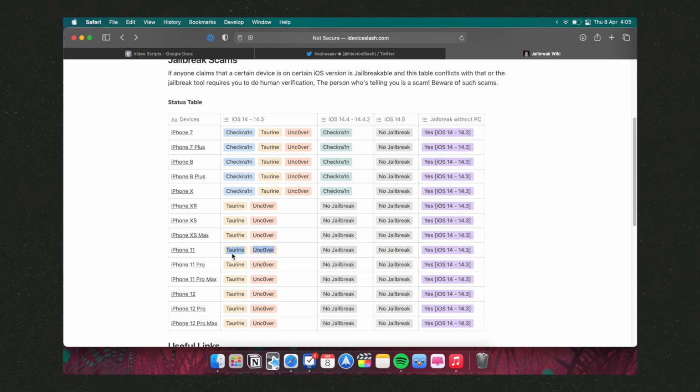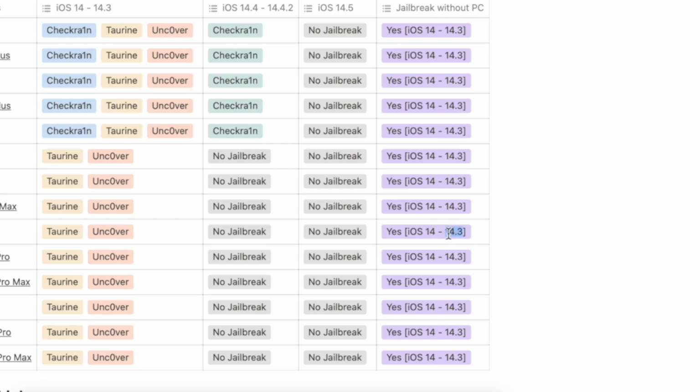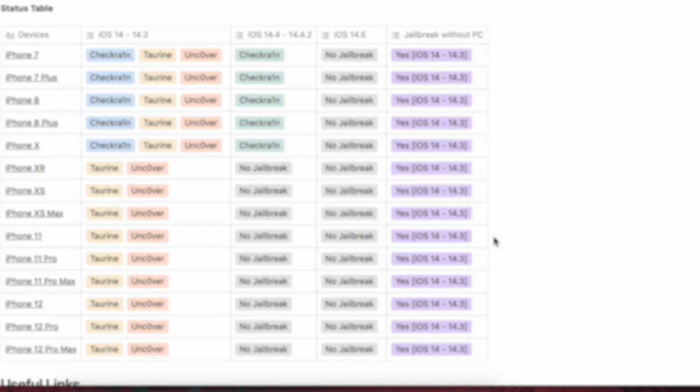It's just a simple table, you all know. And now if I want to know can I do that without a PC, I can simply see yes, I can do that as long as it's running on iOS 14 to iOS 14.3, which it is because it is on iOS 14.2.